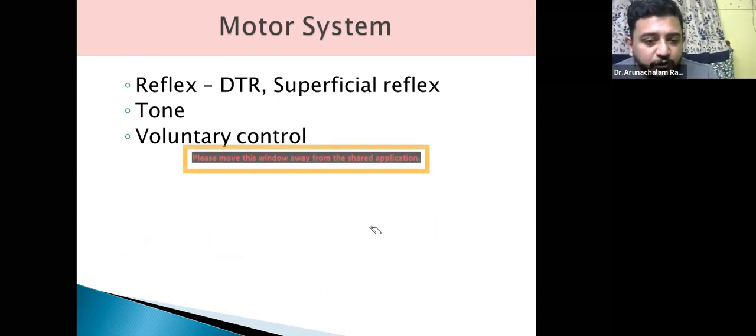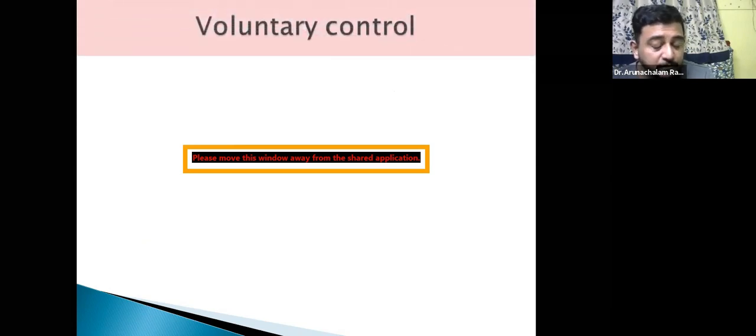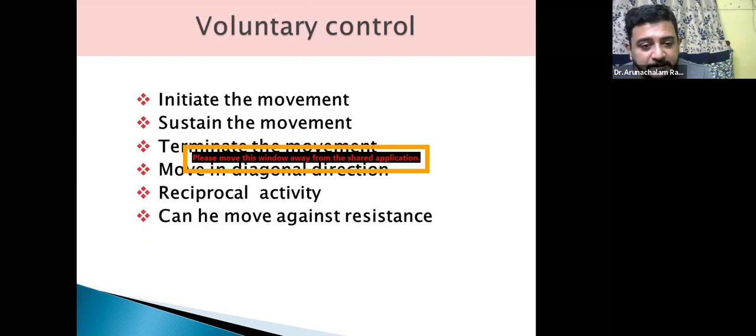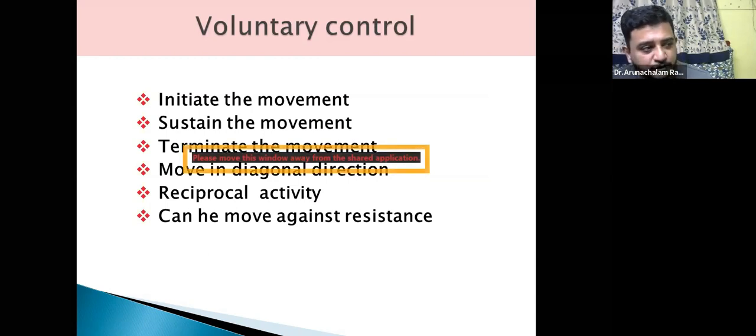So you can also assess the tone, the voluntary control, and the muscle power, and everything comes in the motor system. This voluntary control assessment is very useful when you are assessing stroke patients. I have had a lot of arguments with people who say functional rehabilitation, pioneers in the field of stroke rehabilitation, who go for muscle power assessment for stroke patients. What I argue is,